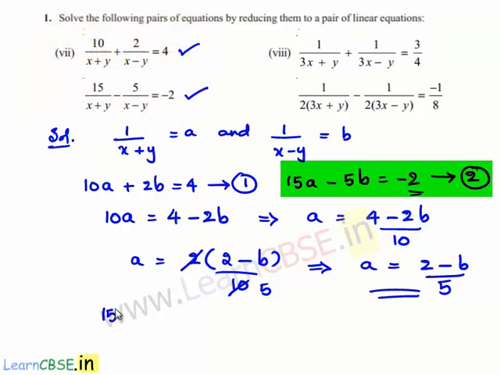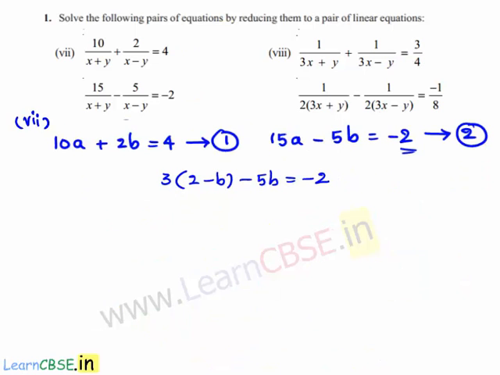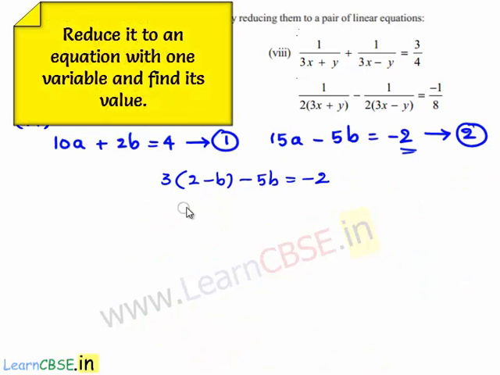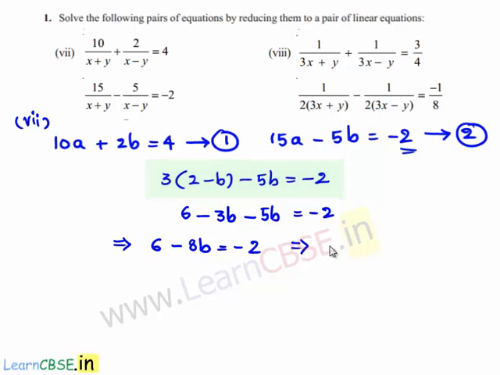So we get 15 times of A is nothing but 15 times of (2 minus B) divided by 5 minus 5B is equal to minus 2. So 5 goes in 15 as 3. We will be getting 3 times of (2 minus B) minus 5B is equal to minus 2. Now this becomes 3 times of 2 is 6 minus 3B minus 5B is equal to minus 2, which is nothing but 6 minus 3B and 5B gives 8B,